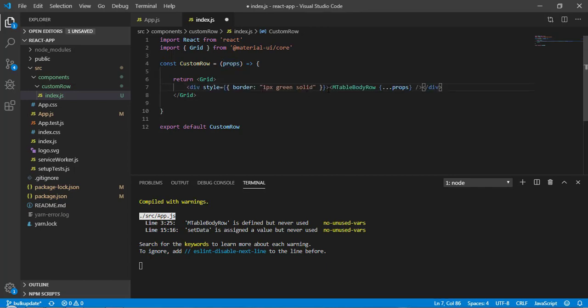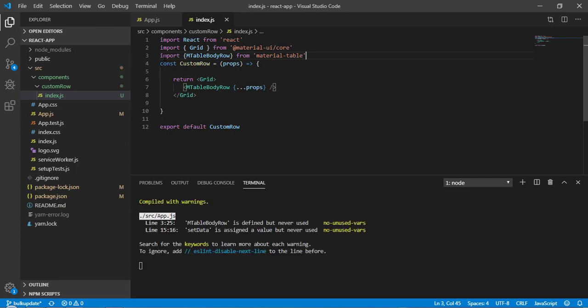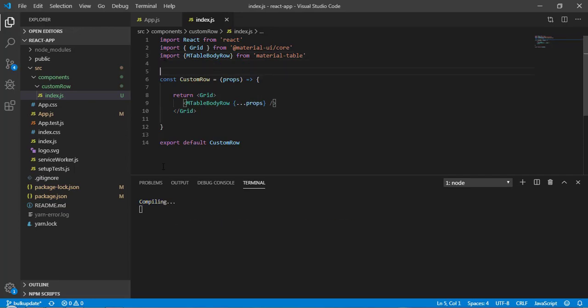And now what I can do is I can remove this div, I don't need it anymore, okay. So here this one, and now I need to import this. So let's import MTableBodyRow, and this is going to come from material table, okay. Now save it, and let's come to the UI.